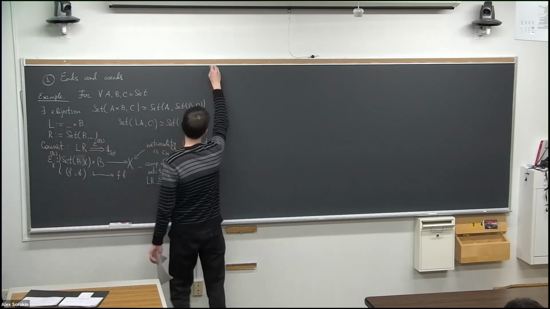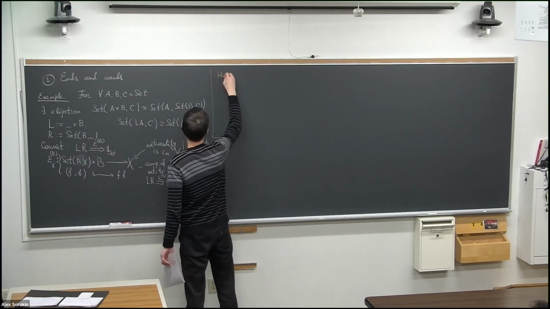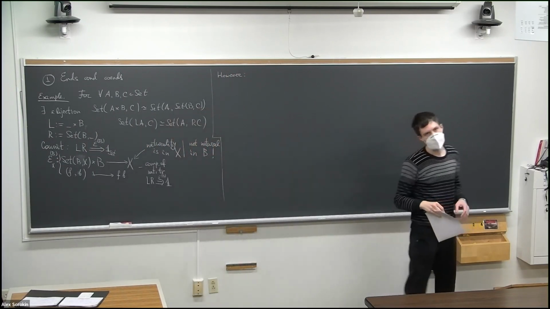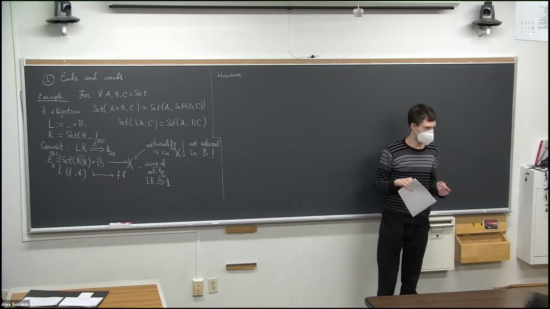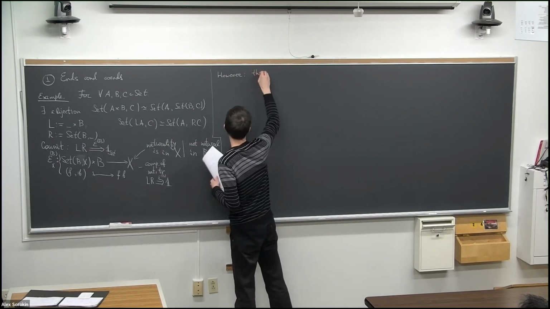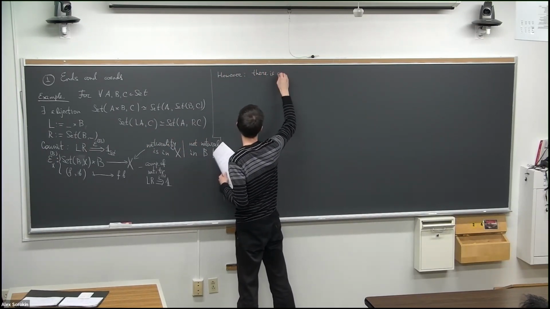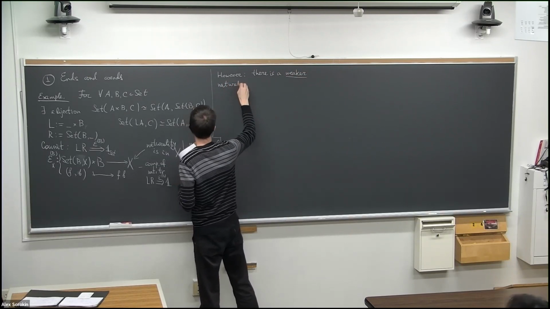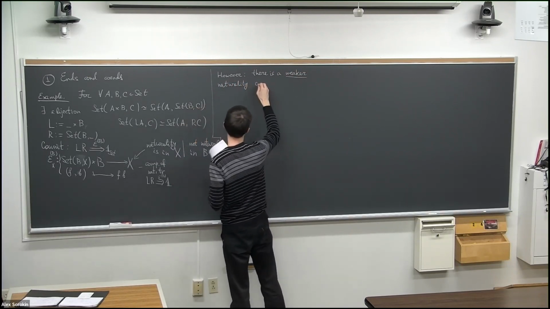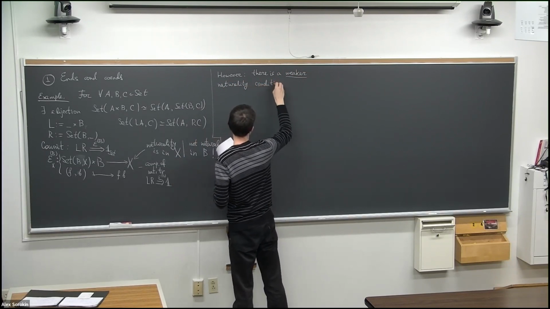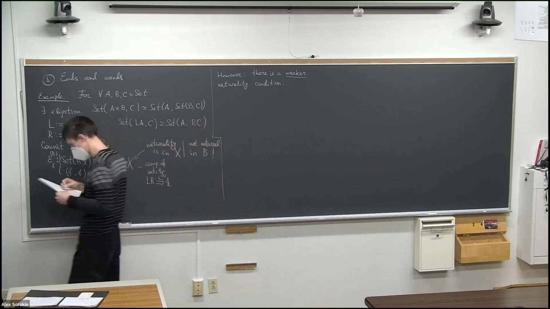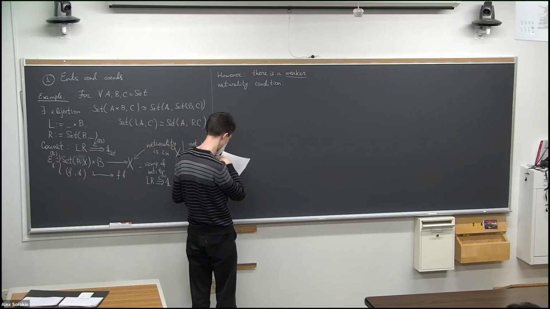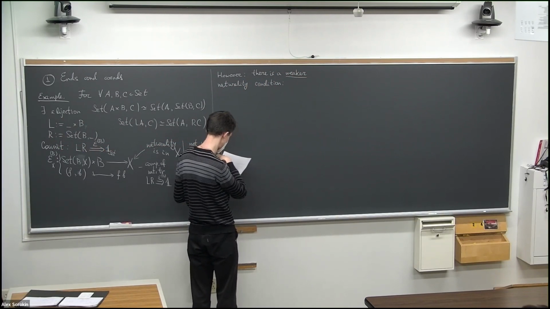However, there is a certain weakened notion of naturality that follows, and I will write it down. So, for any morphism from set B to B prime, we can write